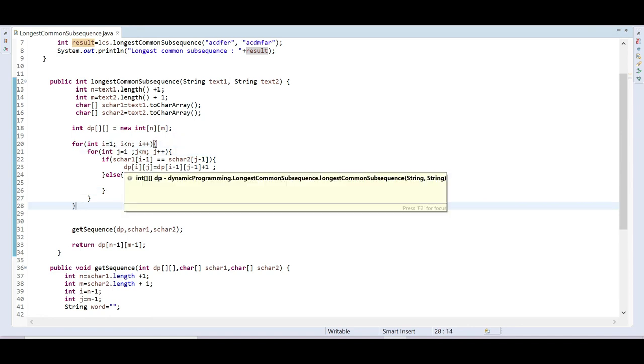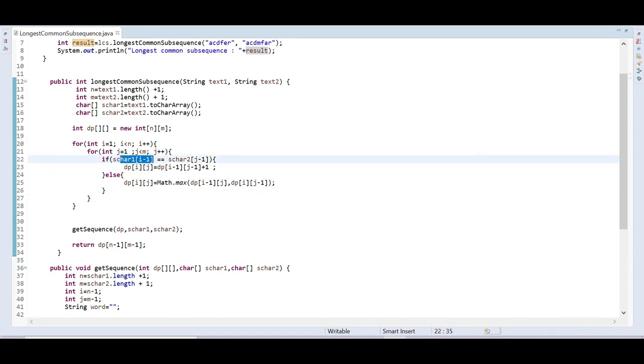So I am checking if the character in that row and column is the same or not. Here it is i minus 1 because it is starting from 0. That's why I did an i minus 1. Then I am checking if they are equal, then at that time I have to take the diagonal corner cell value plus 1. Or else I have to check the max between the left side cell and the top cell, right? Whatever is the max between them, I have to update the DP. And at the end, in the last corner, that is n minus 1 and m minus 1, I will get the result and I will return.